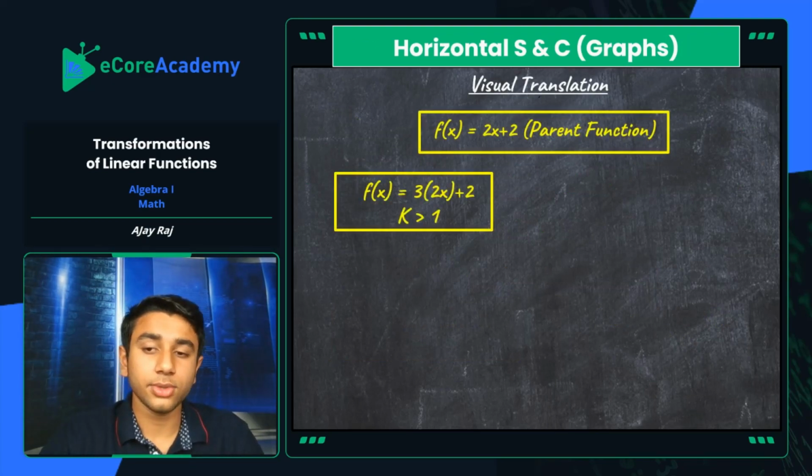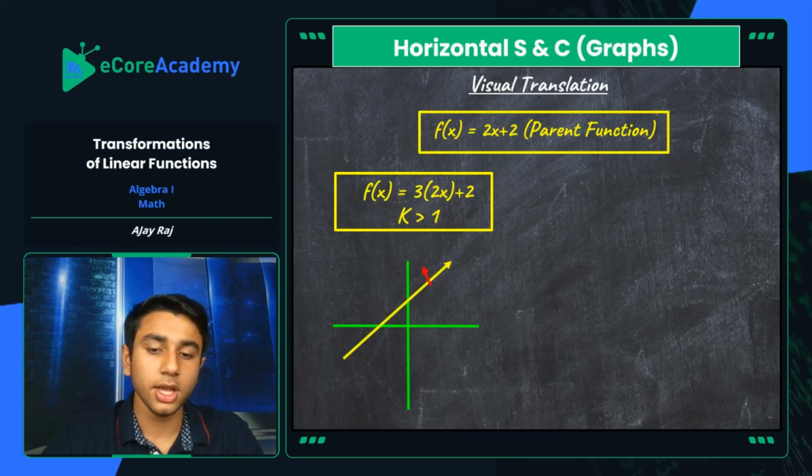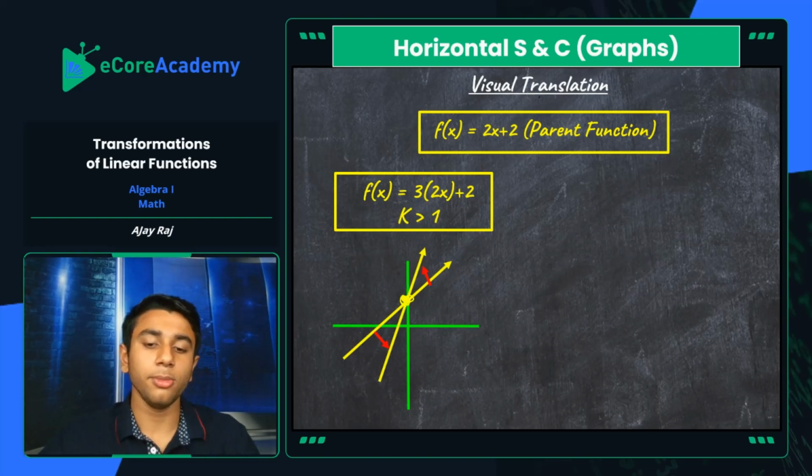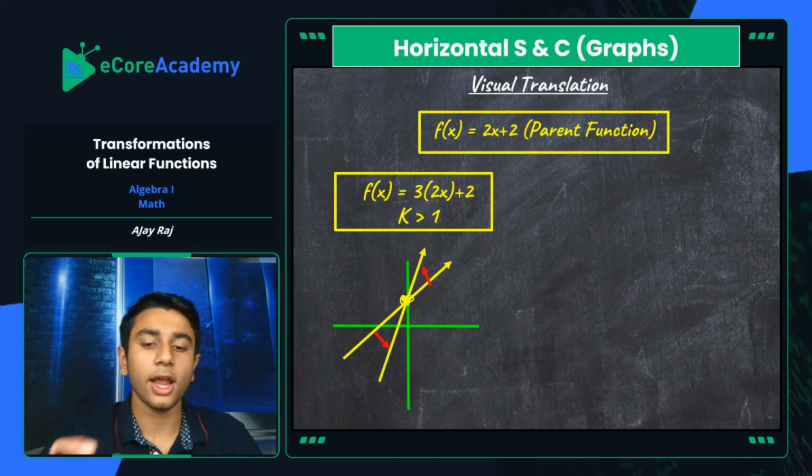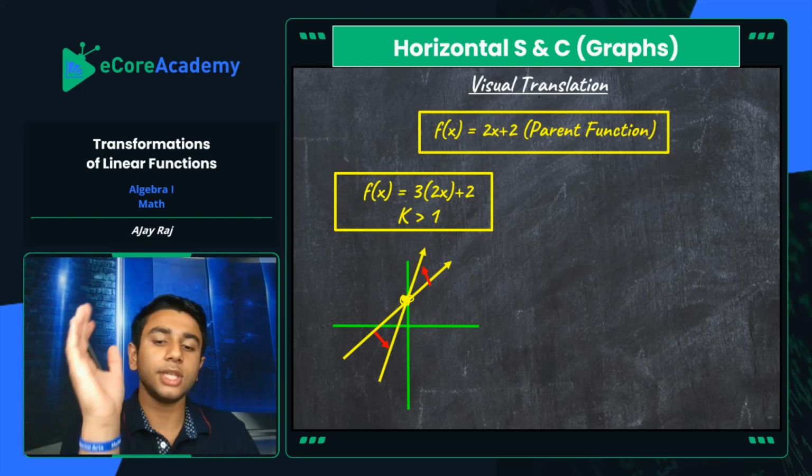We have f of x equals 2x plus 2 as our parent function. We're going to carry out that transformation by multiplying 3 to 2x. Since k is greater than 1, this is going to be a horizontal compression, so it's going to get closer to the y-axis. But in this case, you're going to be moving across your y-intercept instead, where your graph intercepts the y-axis. Because it's horizontal, you're going to be moving across your y-intercept. Since x values are all changing, your y-intercept will stay the same,